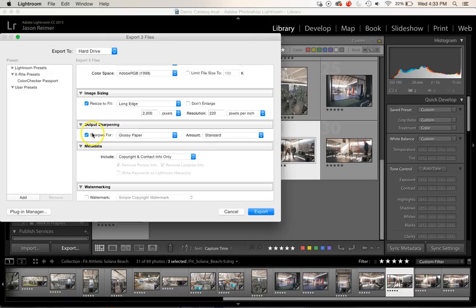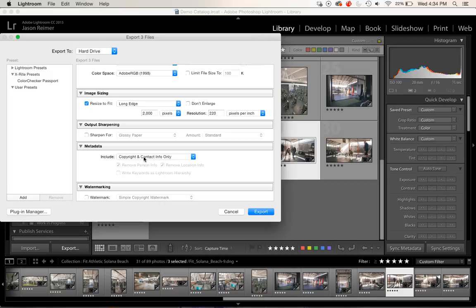So these are reasons you might use that, but in this case I don't need it, so I'm not going to add that there. Metadata. If this is for my client, they don't necessarily need to know everything about the camera settings and all of that sort of thing, but they do need to know that I have the copyright and how to contact me in case this image